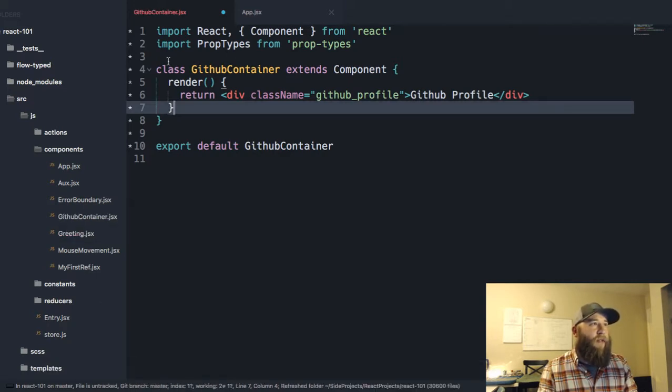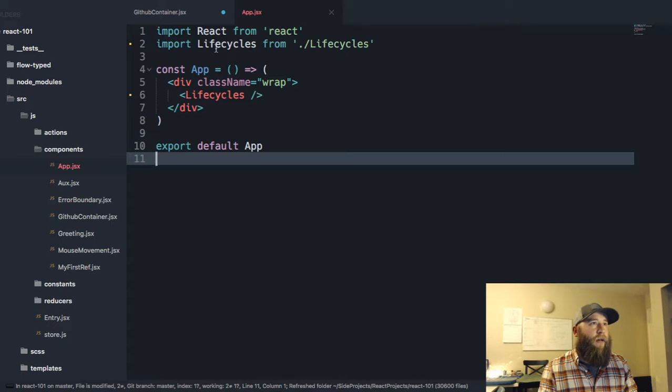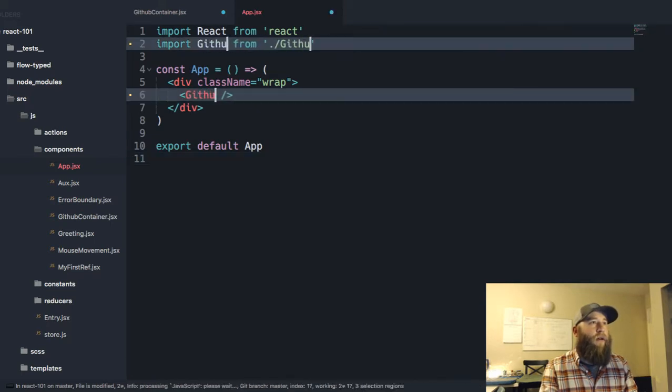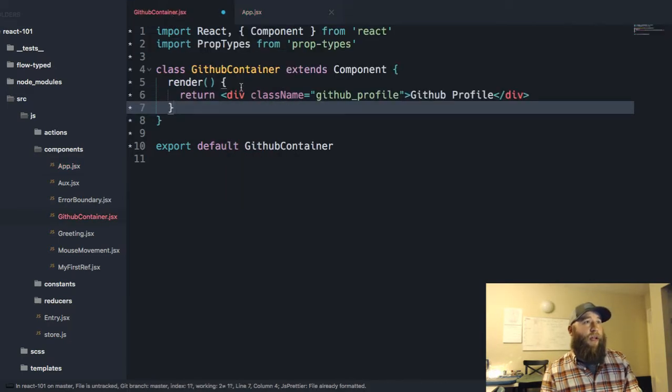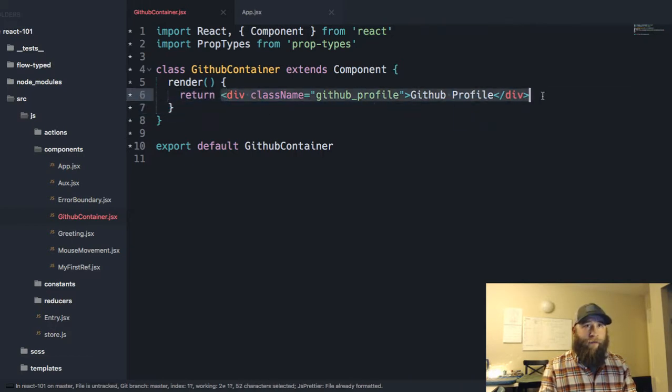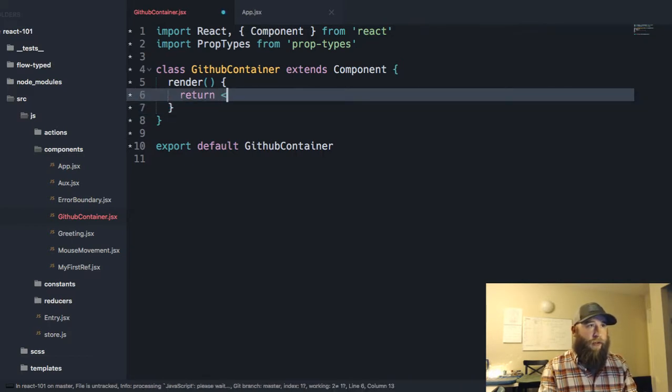But this will all make sense in a second. Okay. I really should purchase Sublime, shouldn't I? Okay, and then for right now, we are going to return a hypothetical GitHub profile. It's going to get mad at us. But what we're going to do